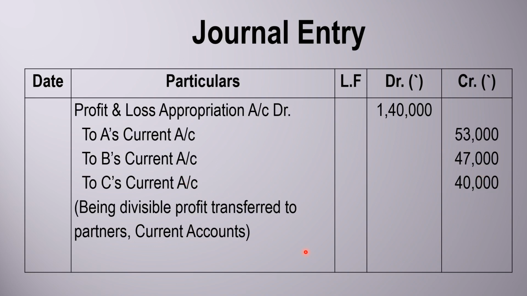You just have to understand how we calculate the total profit. In a general situation, we distribute profit under only one ratio. At that time, there is no need for this other working. Just distribute 1,40,000 in their profit sharing ratio. But in this situation, we have to distribute this profit under different slabs. First slab 20, second slab 30, remaining slab how much is left, that is 90. First slab 2:2:1, second slab 5:3:2, third one equal. So with the help of one working we can complete it. This is the solution of this problem, where we consider the profit under different slabs.